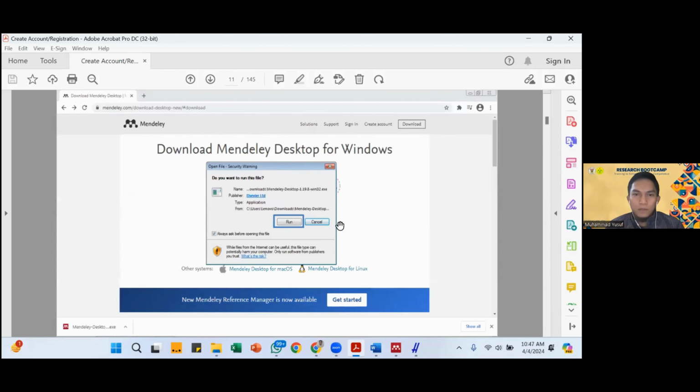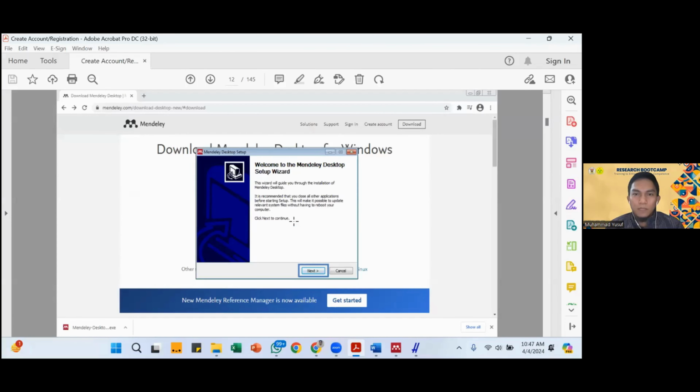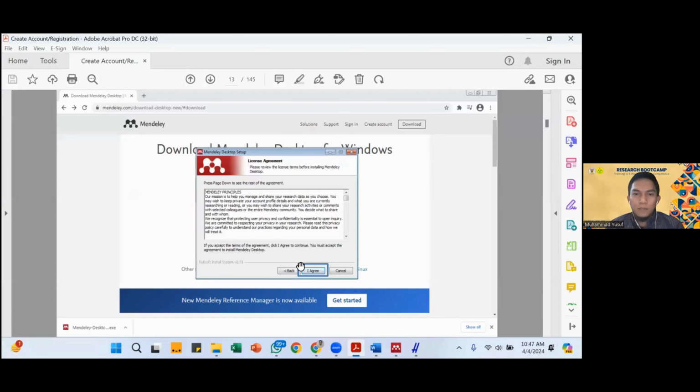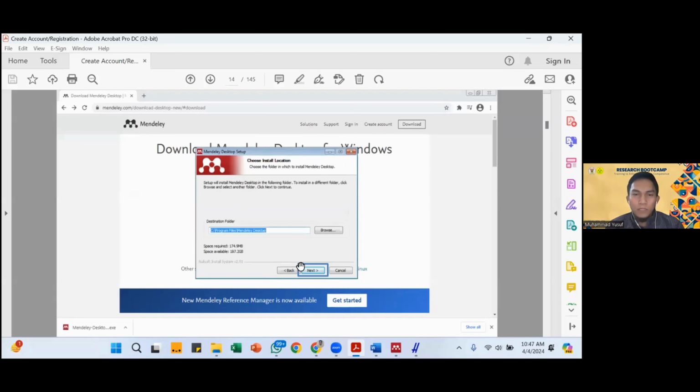Then at the notification, you can click run, click next, click I agree with the agreement to install Mendeley desktop. You can choose the folder in which to install Mendeley desktop. The space required for Mendeley desktop is around 175 megabytes.